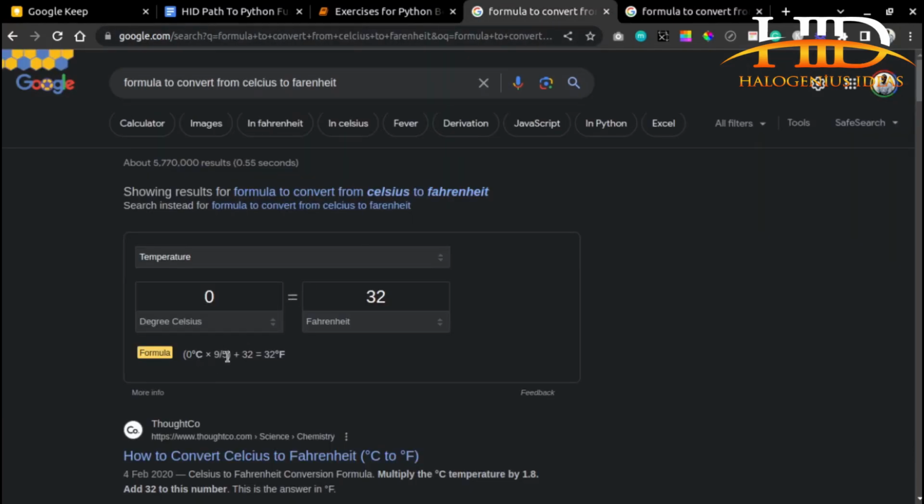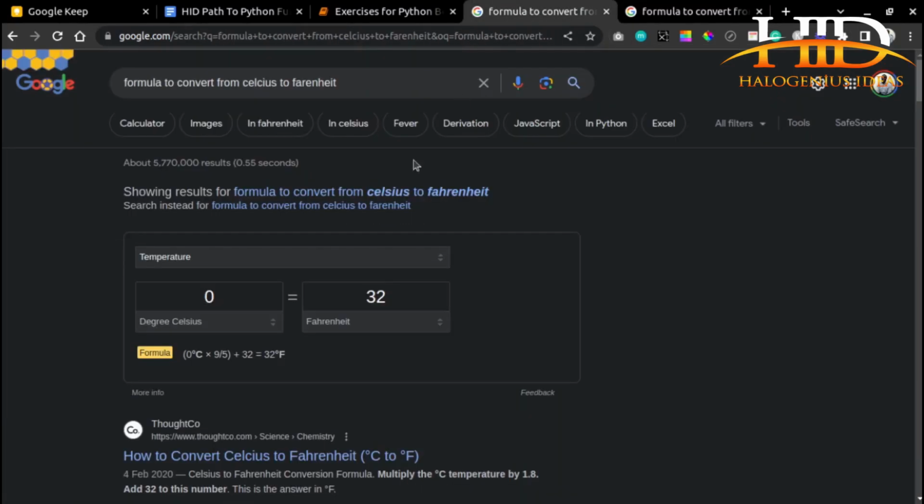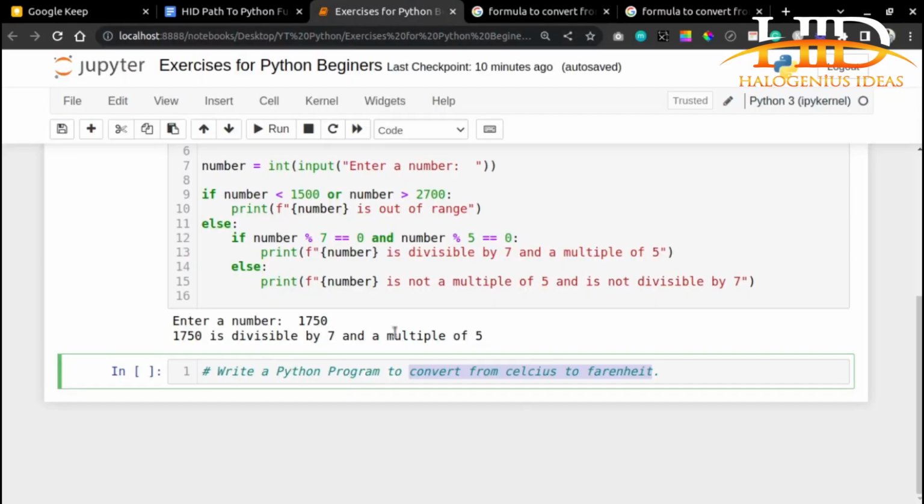You can see 9 over 5 times 0 degrees Celsius, which is the value of this Celsius, plus 32 equals 32 degrees Fahrenheit. So let's just copy this one and go away. So if I copy this, come here,